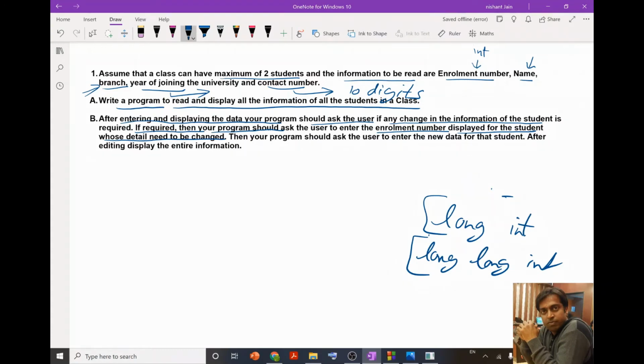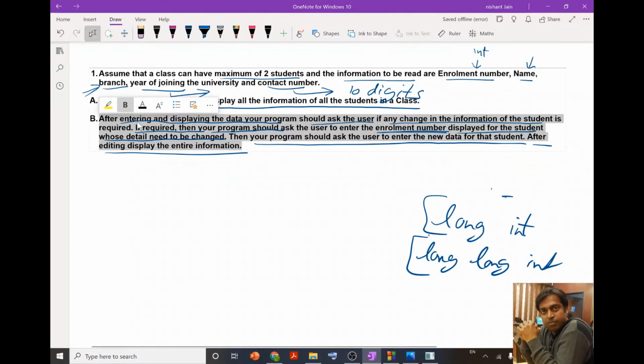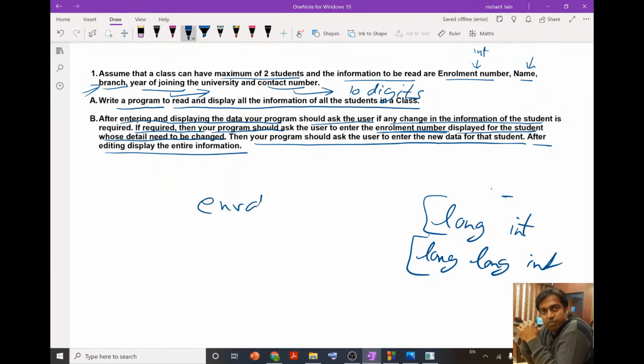So once the user enters the enrollment number of the student whose detail the user wants to change, then our program will ask the user to enter the new data for that student, and after editing we need to display the entire information. So once the information is displayed, then our program should ask the user to enter the enrollment number, and then our program will match this enrollment number with the details that are already stored or entered by the user. Then once we are able to match the enrollment number with the information that is already there in the program,